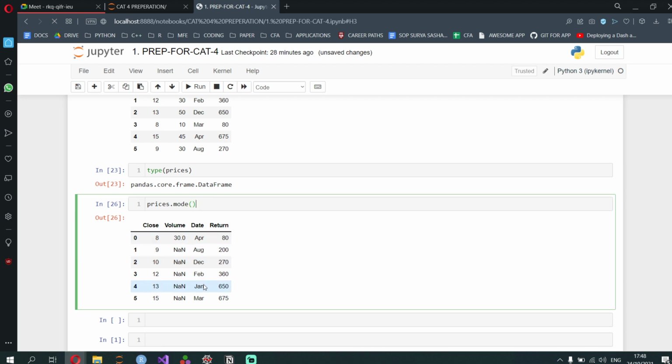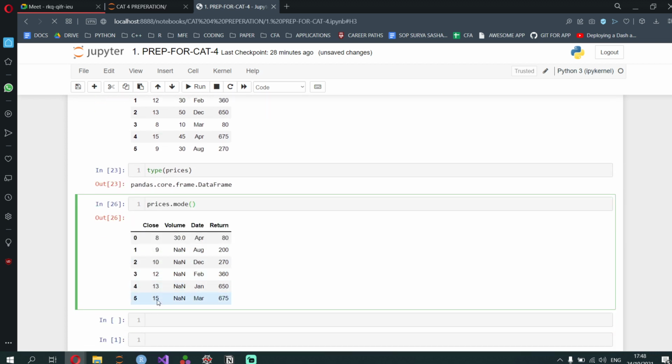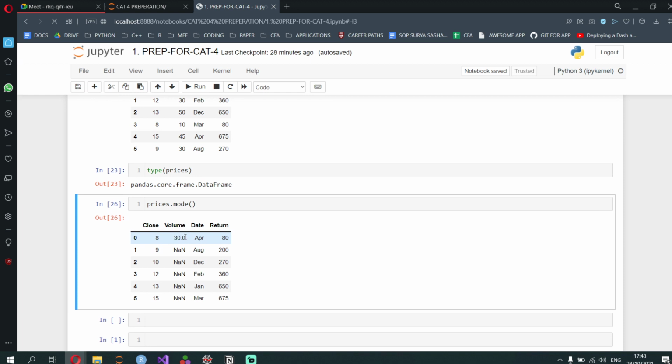I don't know why it's not written the mode. Okay, it's over here. Oh no, it's arranging it in ascending order of volume. Has it come 2 times? Volume, yeah. Volume came 2 times, so it's put it in ascending order. So 30 comes first as mode, and everything else doesn't come. Over here there are only unique values, and over here there are only unique values. So that's why mode has come like this.